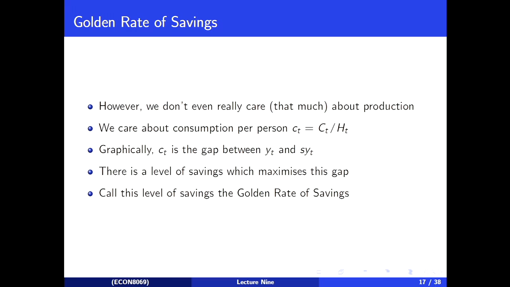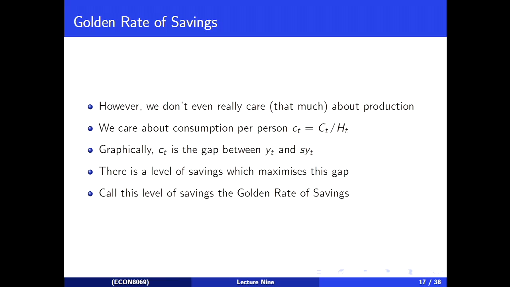By contrast, if we have this higher level of savings, just graphically, just the way I've drawn this, with this higher level of savings, we actually have a smaller level of consumption. We have a lower level of consumption because there's a lot more production happening, but we're having to save so much of our money to retain that level of capital that we're actually worse off as individuals. We have lower consumption as individuals. So higher savings rate might be good, it might be bad, it's very, very unclear.